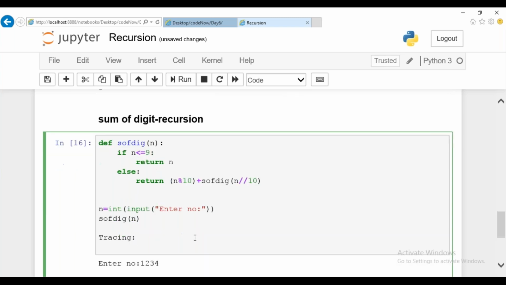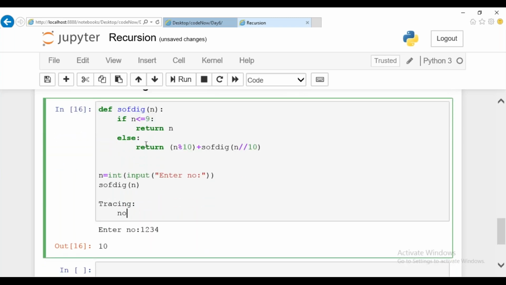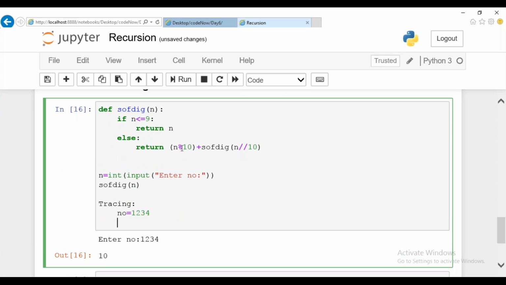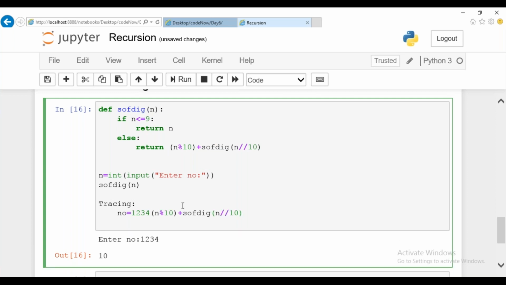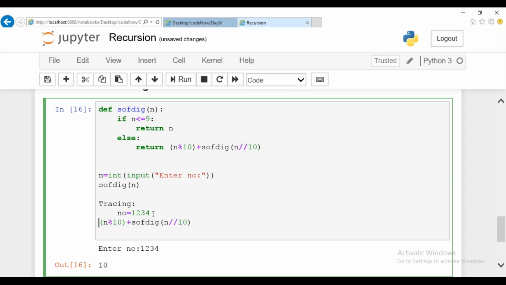Let us assume the given number is 1234. Initially, in your stack memory, the number will be divided. Since you people are asking about tracing, let me explain how it works.